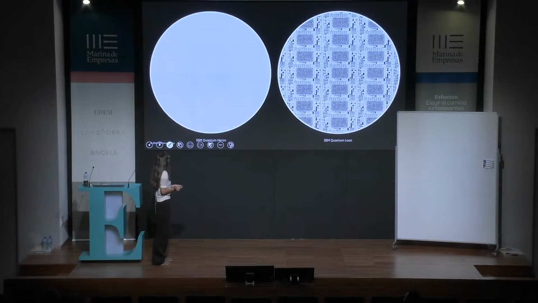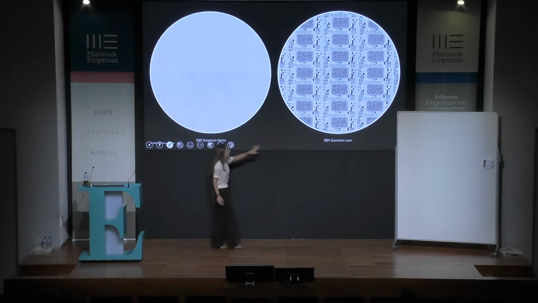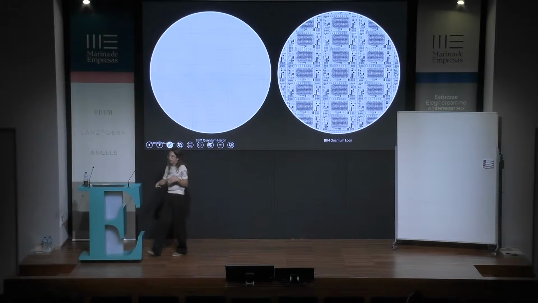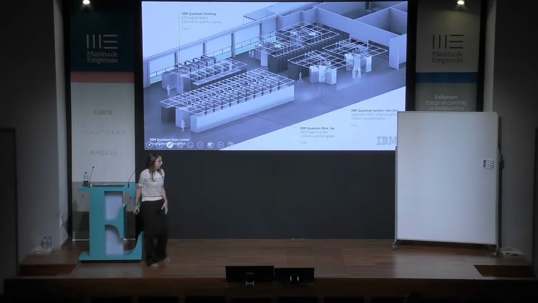So with this, I'd like to show you some images, and we end. This is a comparison of how the Heron chips look like with the heavy hex connectivity compared to Loon with this super entangled connectivity. So you see just by looking at it how the complexity of it went up by a lot. And this is the Poughkeepsie data center in the US that's getting ready to accommodate quantum Starling